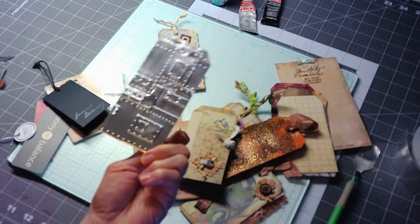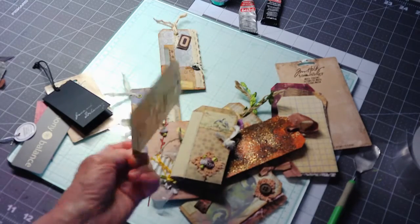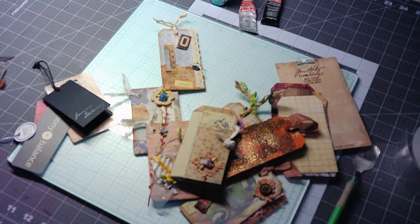And what inspired me to make this particular video is because when I was looking at some of the more recent Tim Holtz releases, one of the things that I saw were, of course, there were new wallpaper packages, and I love those, and I did buy 2 packs, and I think that's all that was available at my Hobby Lobby, which is about 40 minutes away. So I got to thinking about, I'm getting ahead of myself here. One of the products that I saw that he's got out